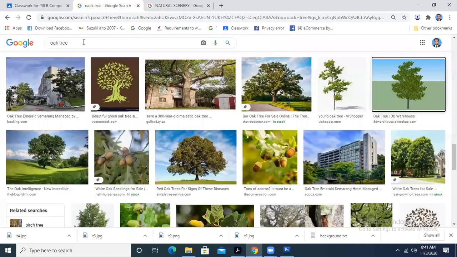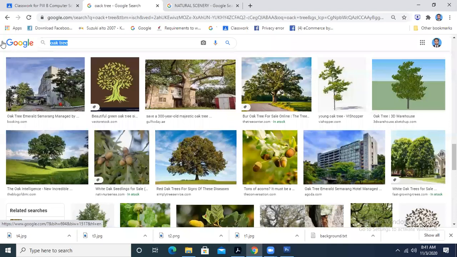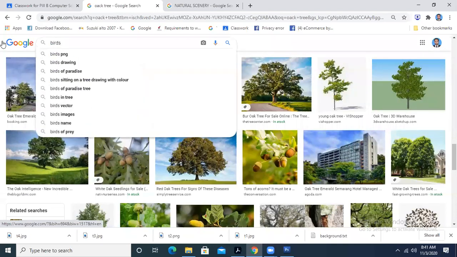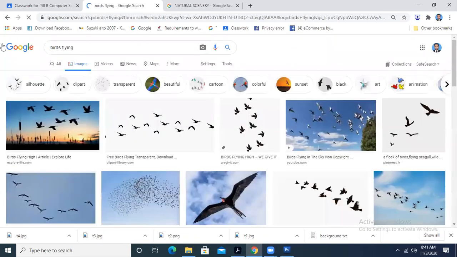Then I'm going to take the image of birds. Birds, but birds will be flying in the sky. Flying in the sky, we need to have flying birds. We don't need the birds which are very close to the camera and which are sitting, or inside the cages.